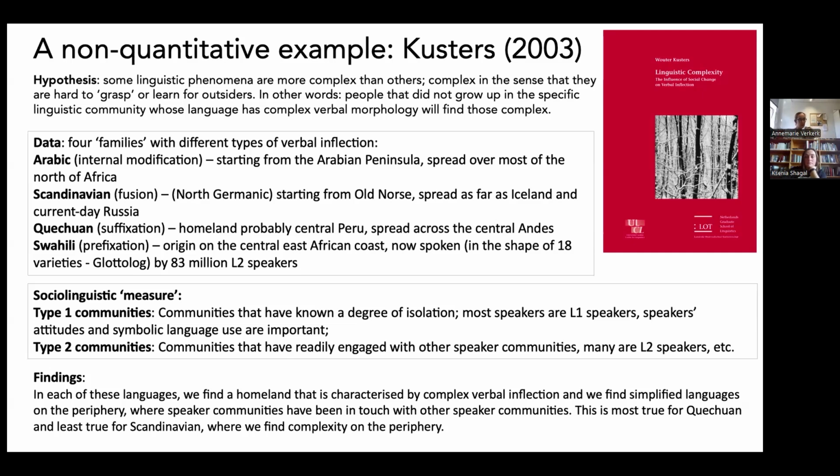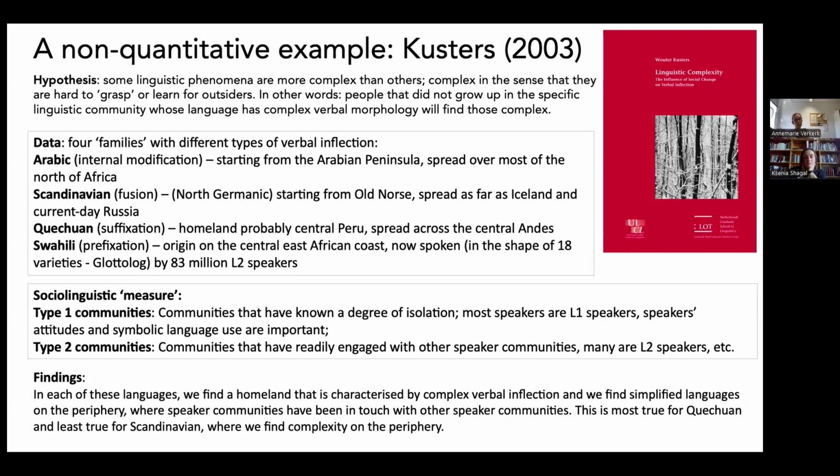And then what he looks at is what kind of complexity is attested in the verbal inflection paradigms of these languages. So not just taking Arabic, but taking different varieties of Arabic, taking different Northern Germanic languages, taking different varieties of Swahili. And he studies these paradigms of verbal inflection and how complex they are. And then on the other hand, he does work on their sociolinguistics, right? So what do these societies look like?